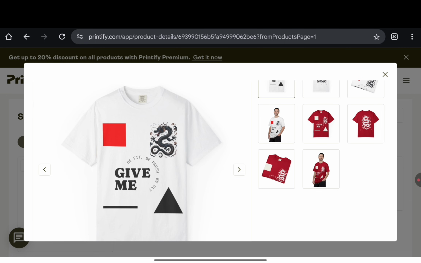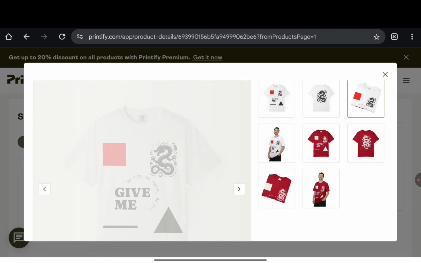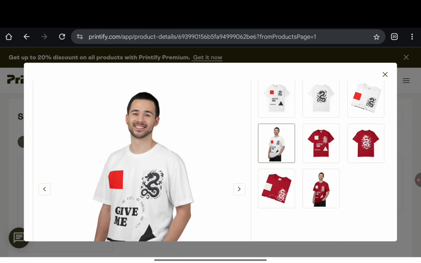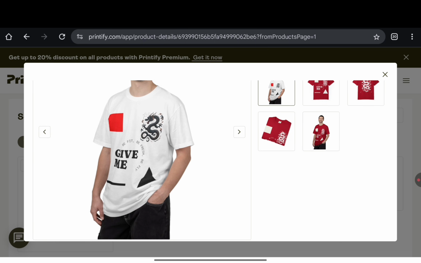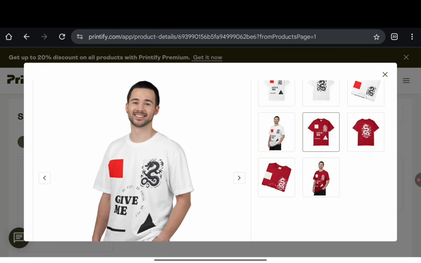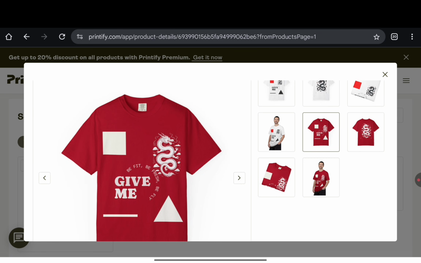It sounded nice to my mouth and I took it, right? Now, I know you might not really fancy this white color, right? You might look at this and be like, oh, this is just a white color and I don't really like it. But guess what? Let's switch it to red. It makes more sense, right?